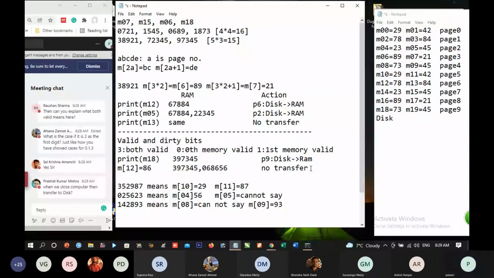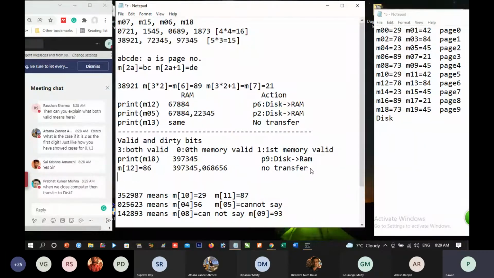Now, let us see one more thing. We are printing M19. What will be done in this case? Can you tell me? Write down what will be done in this case.